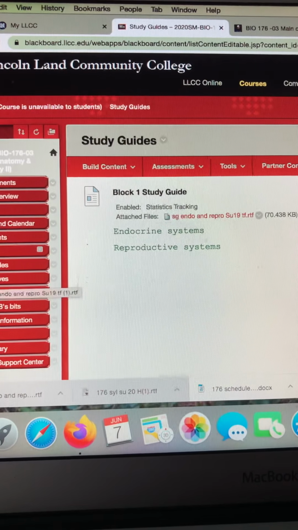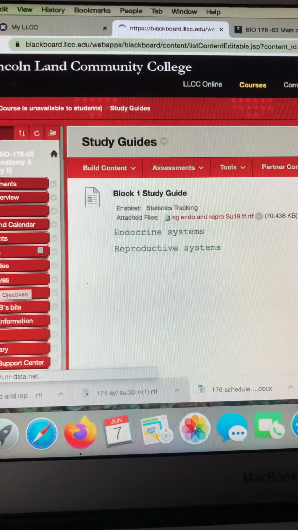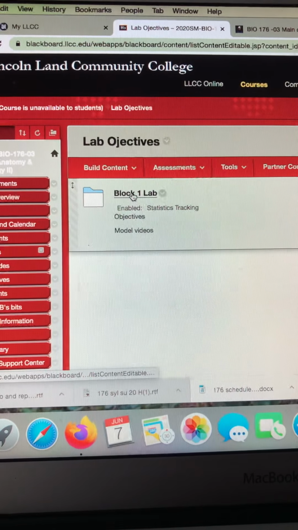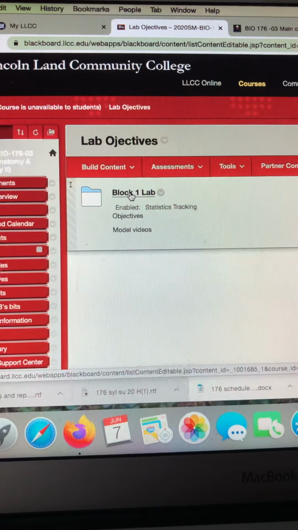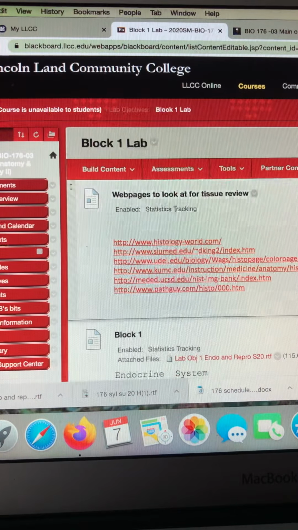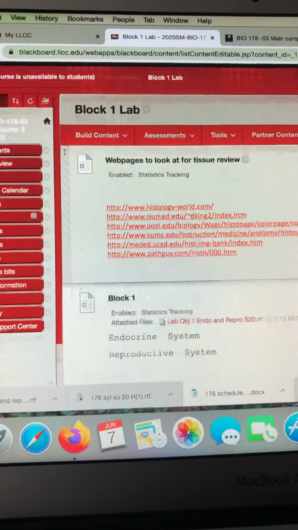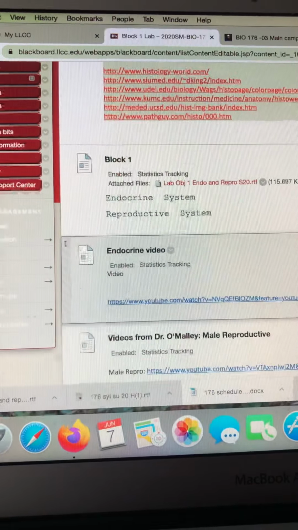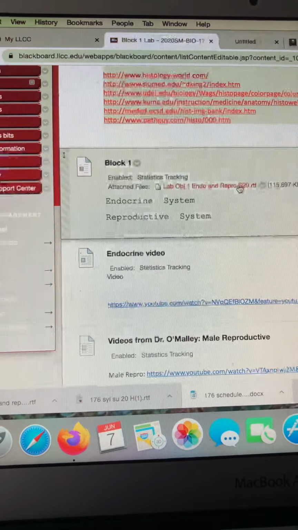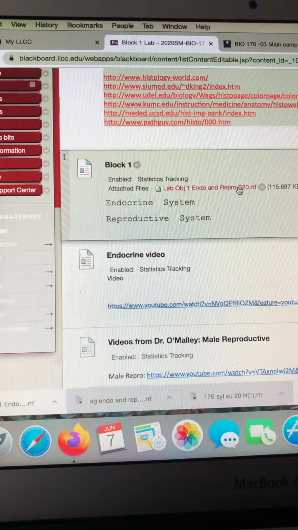Next, we have lab objectives. When you click on the lab objectives tab, block 1 lab is going to have the objectives and the models of the video. There is a web page there to review tissues. It's very important that you remember those. It tells the laboratory objectives. When you click on that tab,